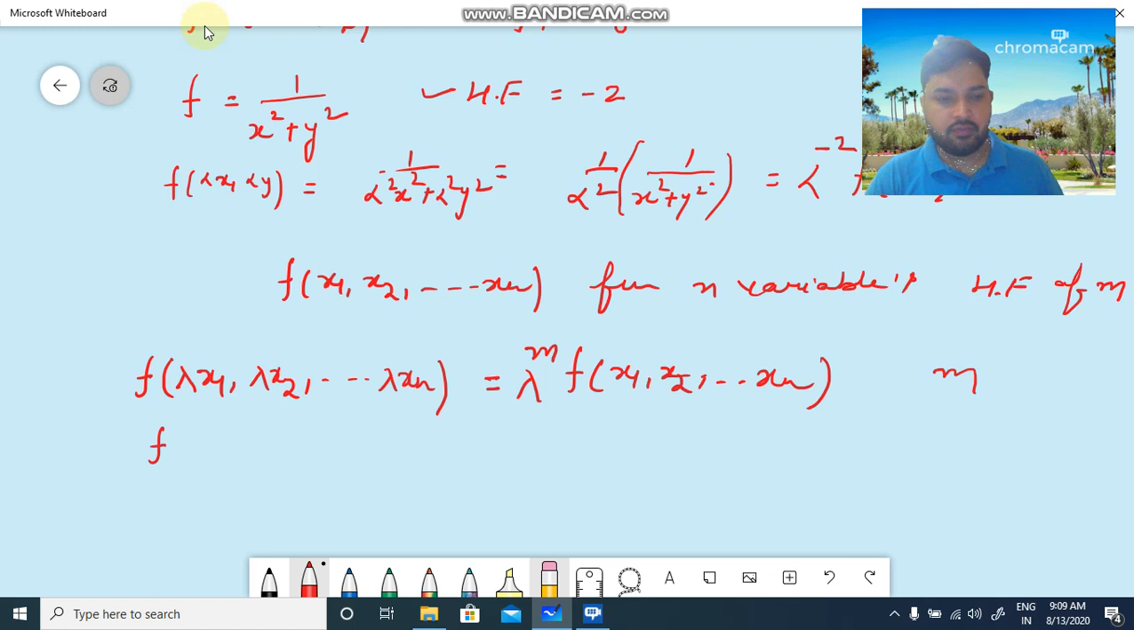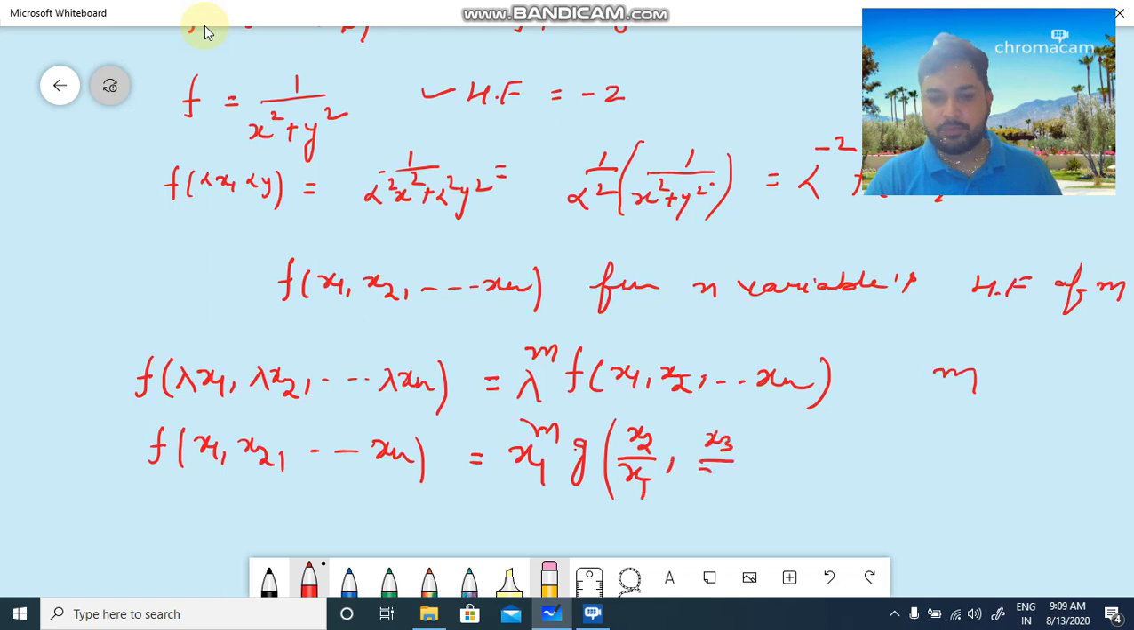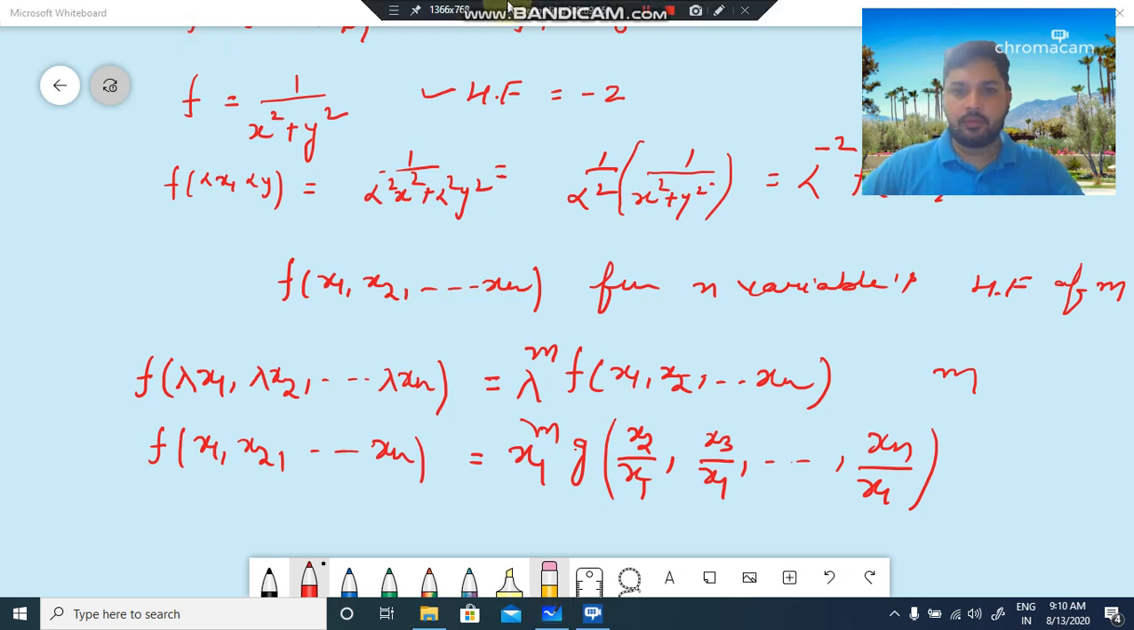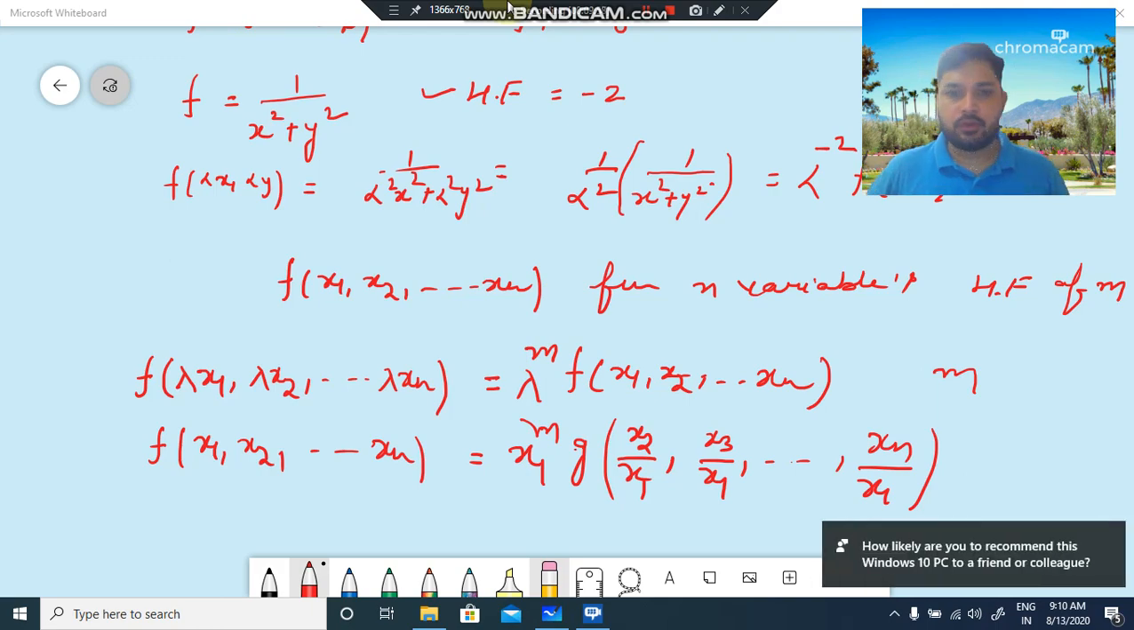Similarly, if we can express the function f(x1, x2, up to xn) like this, x1 to the power m into g of x2 upon x1, x3 upon x1, up to xn upon x1, then also we call this a homogeneous function of degree m. So in the next video we will prove Euler theorem and how